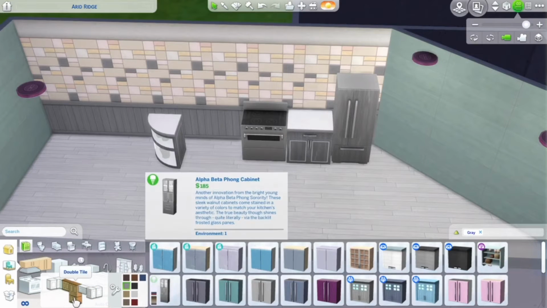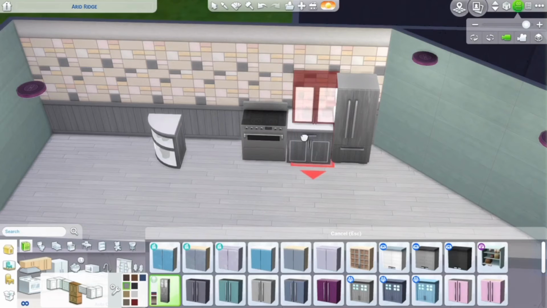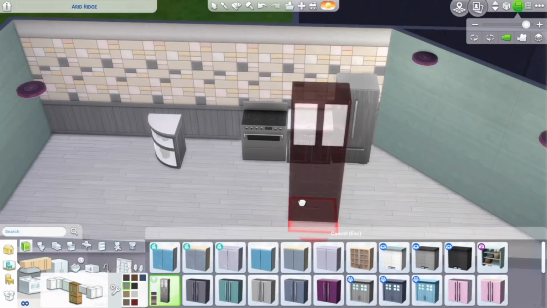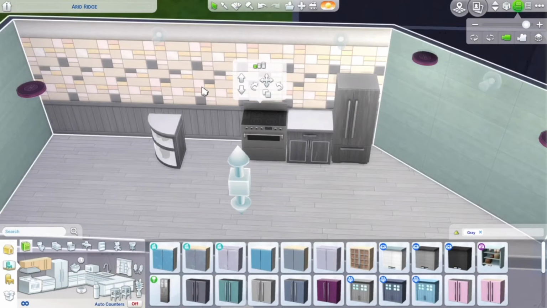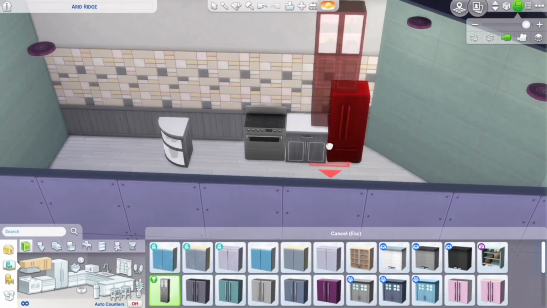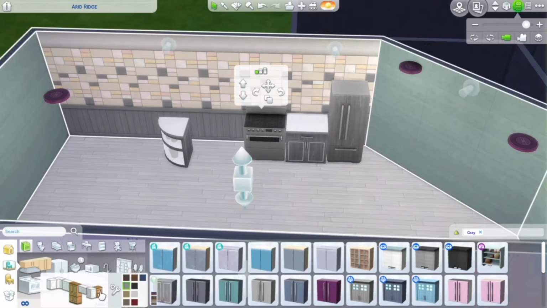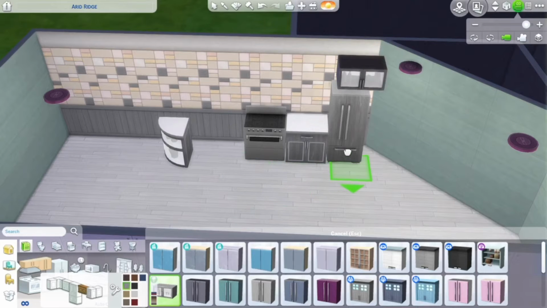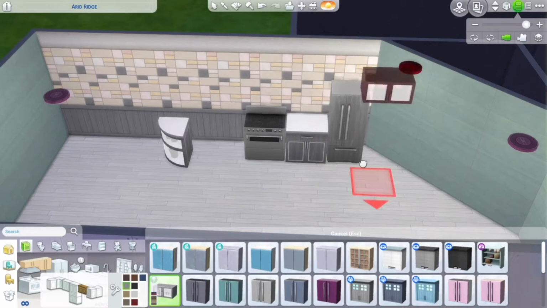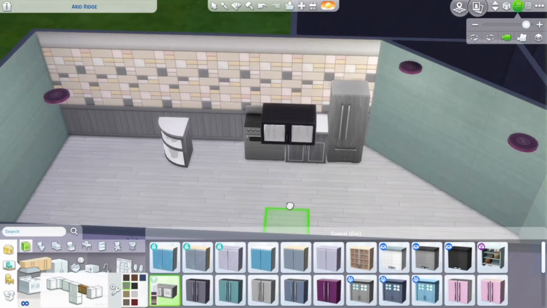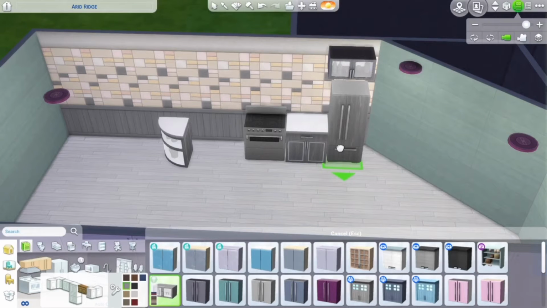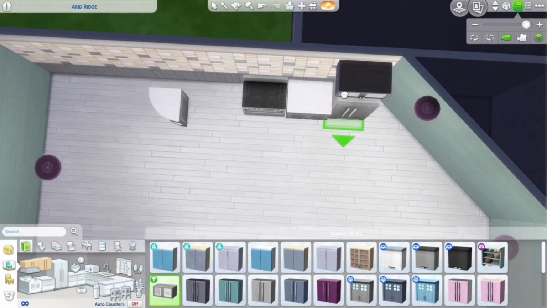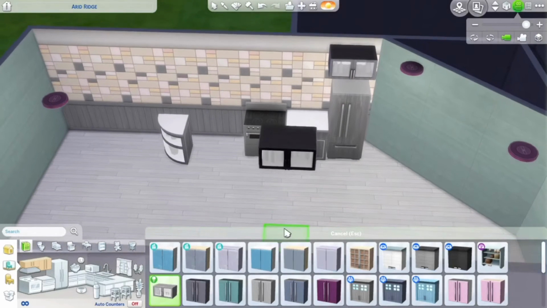I wanted to put up some top cabinets, which I do sometimes, not all the time, usually with smaller kitchens. And sometimes you get these pieces, I think it's like a pantry or something, but you have to make the walls really huge and they sit up high, and I'm not really a fan of them. I like these little half cabinets. So I press Alt again, and you can maneuver it to wherever you want. If you want it lower down, higher up, or wherever,